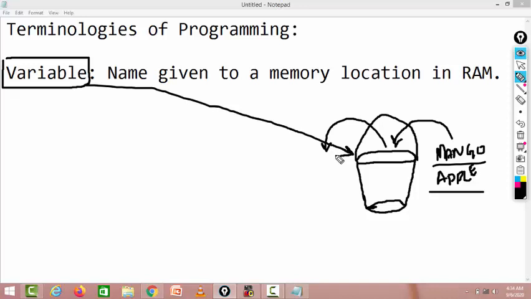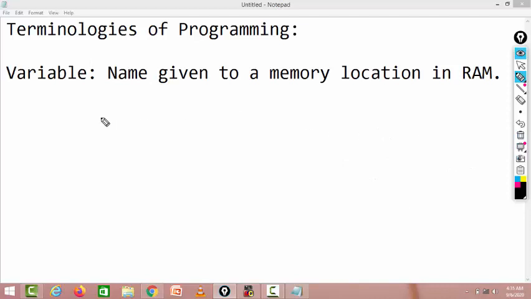These values are stored in RAM. When you save a program to a hard disk, the data is written at the specific location, the address where you have stored your file. But in a program, if you are doing programming and you want to store some data, you will have to use a variable. So what is a variable? A variable is a name given to a memory location. We are going to use lots of variables in our programming in order to store data.